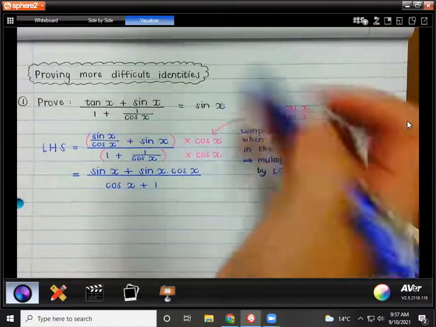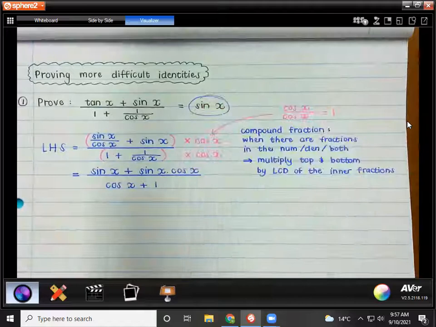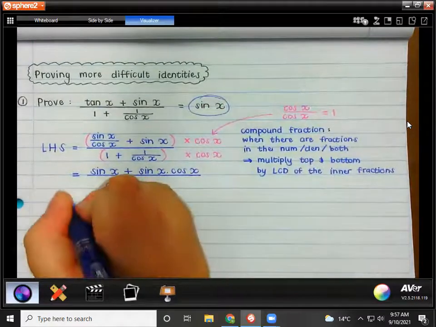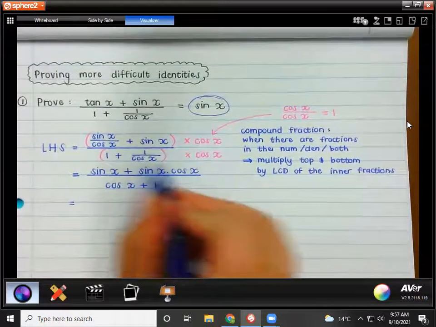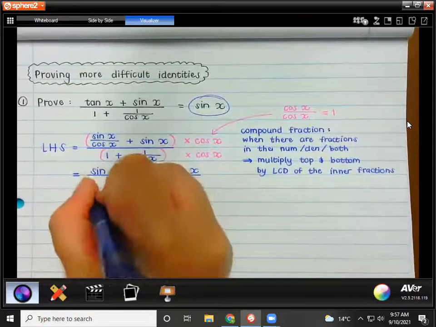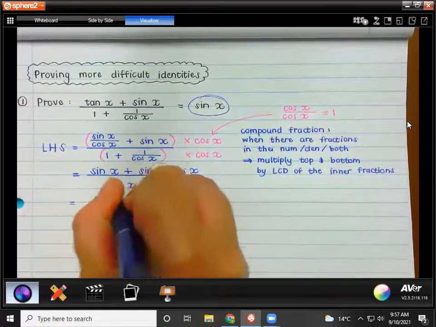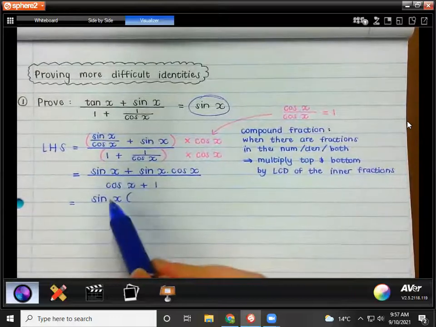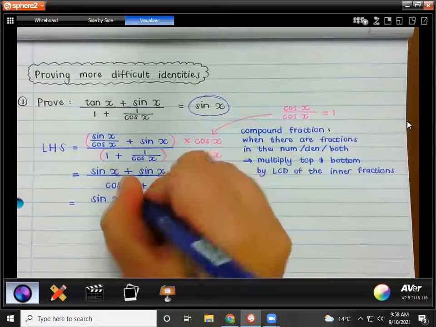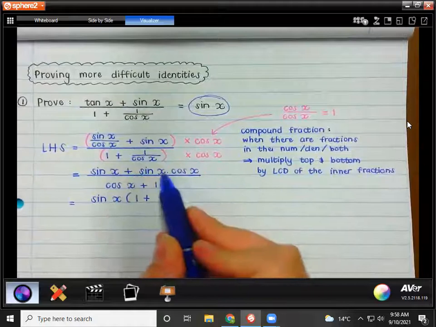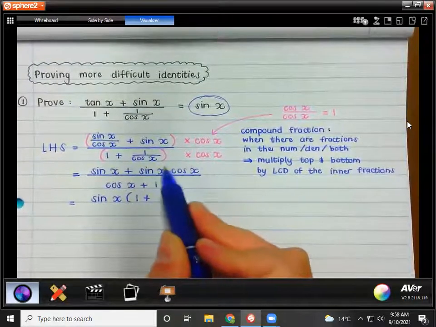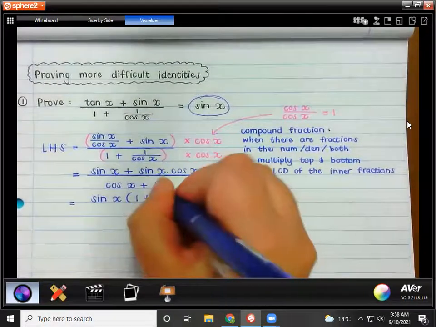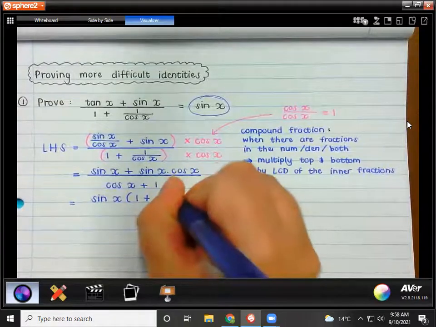Okay, now remember, what are we trying to get to? We want to get to sin x. All right, so let's see what's going to happen. We already said that we have a common factor of sin x here. So let's take that out, sin x, bracket. Remember, when we take out a common factor, we divide each term by that. So what is sin x divided by sin x? 1 plus sin x cos x divided by sin x is just cos x